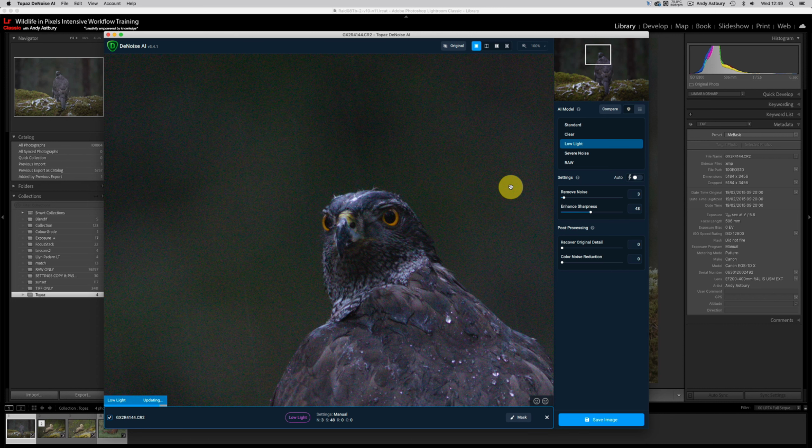You'll notice I'm not using the severe noise algorithm. If we use the severe noise algorithm, let's just click on there, wait for that to render out. And there you go. I mean, it's as long as it is broad. I personally, 9 times out of 10, end up using low light, and I just think it does an excellent job. There are some errant colours